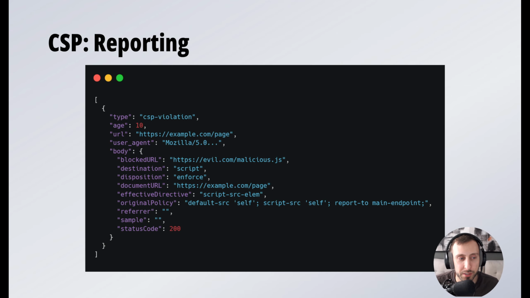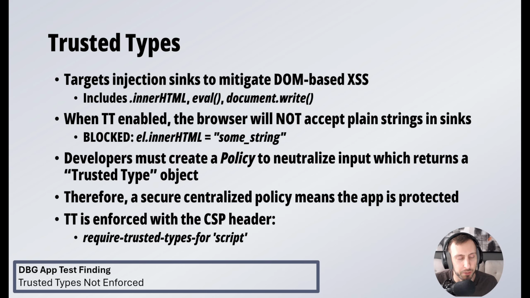And just for your interest, this is what those reports look like. So just an example, it gives you quite a bit of detailed information. And I think actually these can be further enhanced to provide more contextual information about the code that caused the violation. So because we're talking about content security policy, I think it's worth talking about trusted types,